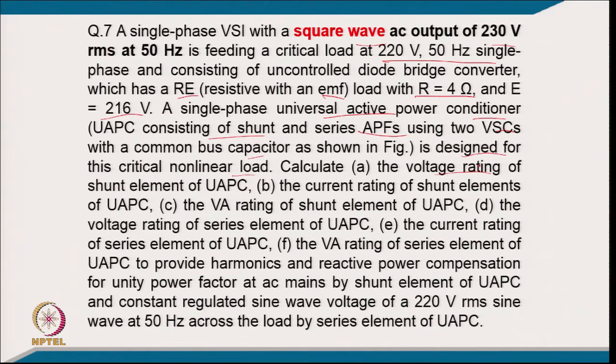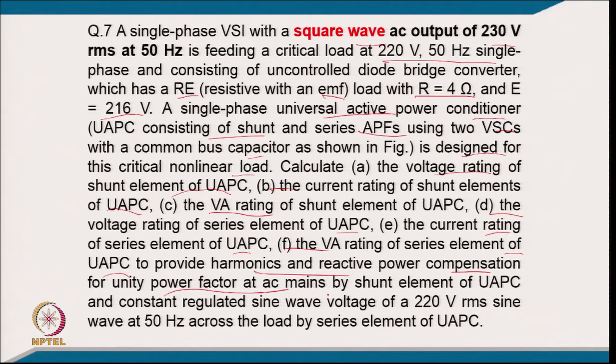Calculate: A, the voltage rating of the shunt element of the universal active power filter; B, the current rating of the shunt element of the universal active power conditioner; C, the VA rating of the shunt element of the universal active power filter; D, the voltage rating of the series element of the universal active power filter; E, the current rating of the series element of the universal active power conditioner; and F, the VA rating of the series element of the universal active power conditioner